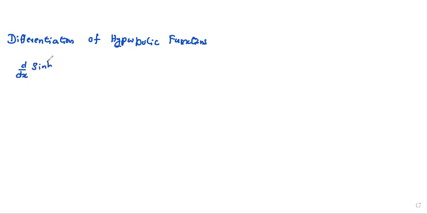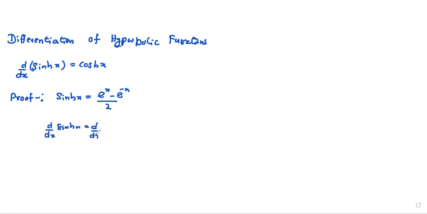it's equal to how much? Cosh x. We already proved this fact before, but anyway we'll do a small review. We should know how to do the proof of this, right? So initially we know that sinh x is e to the power x minus e to the power minus x divided by 2, right? Okay, then if you differentiate